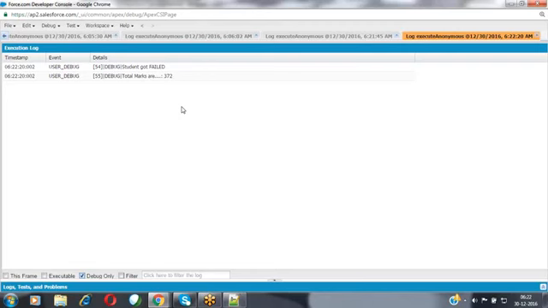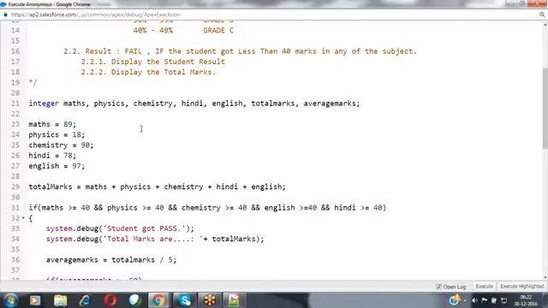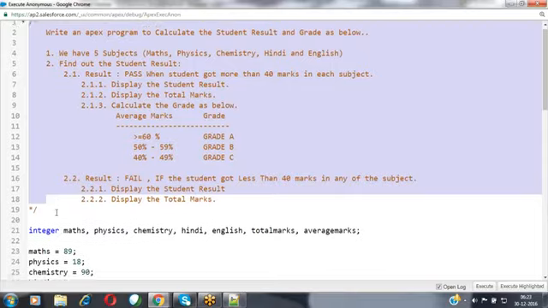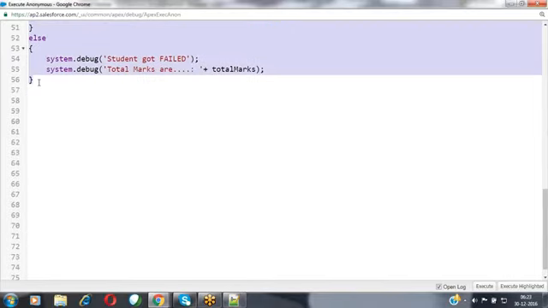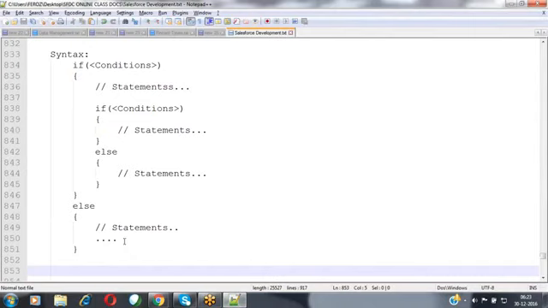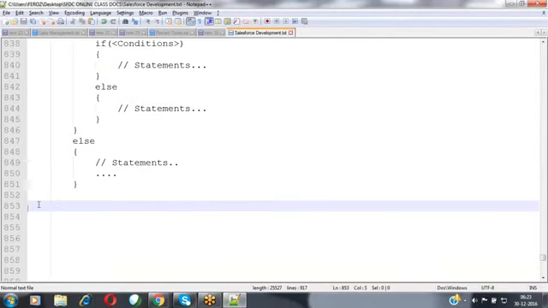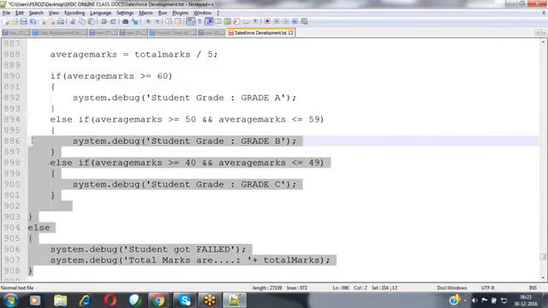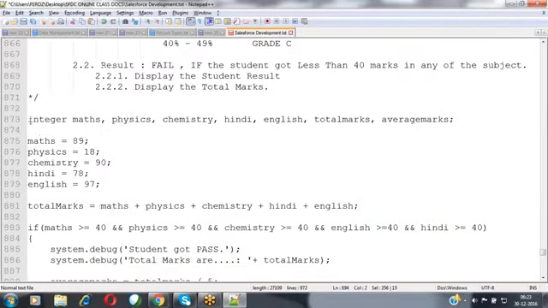Okay. So now this is the way we are going to be implementing that functionality by using that if conditional statements. These are the four formats available: the simple if condition, then the if else, the else if condition, and the nested if condition also.